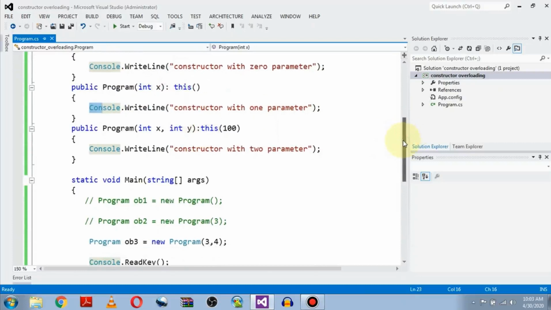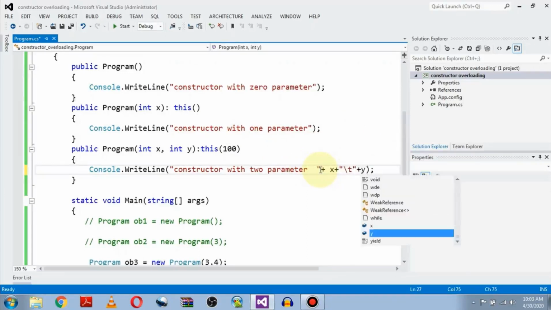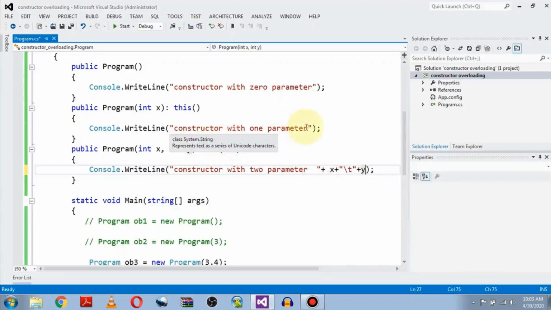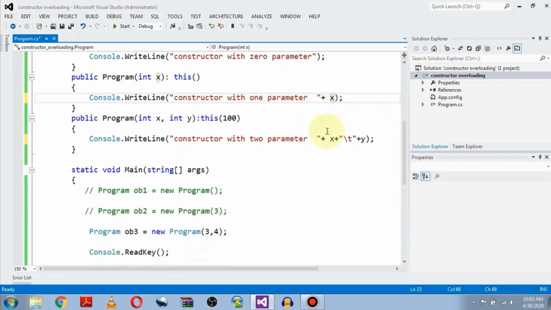So now, what about the arguments? Let's see, we want to print the arguments as well. So let's say x and y. Here we will be printing the argument x. Let's see again, let's print.